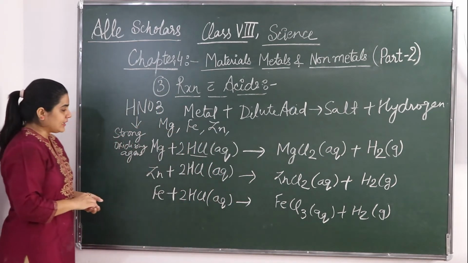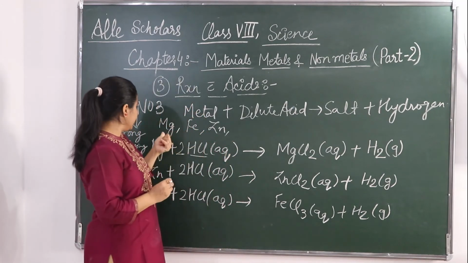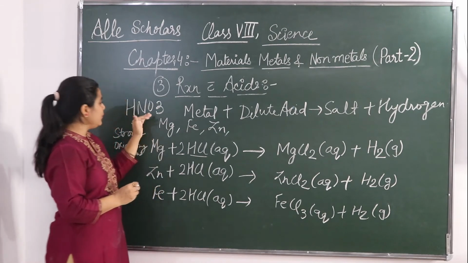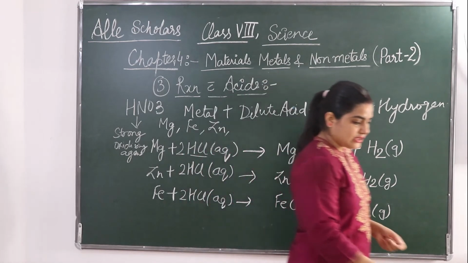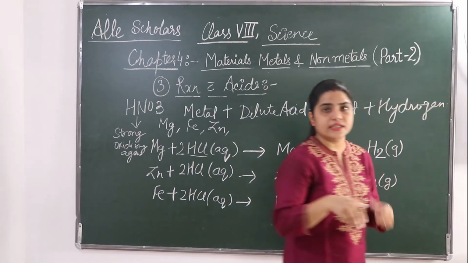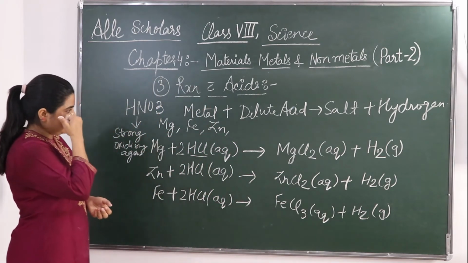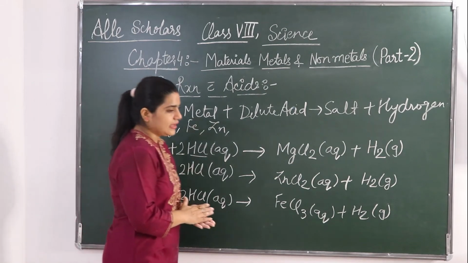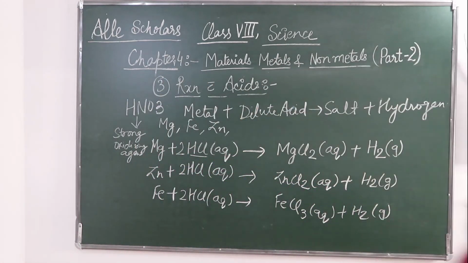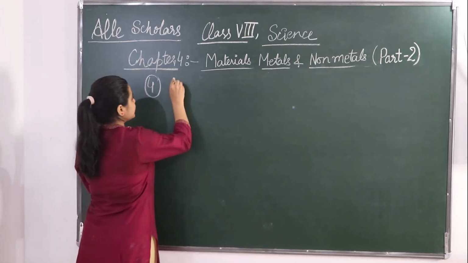So magnesium and manganese react with dilute nitric acid to evolve hydrogen gas, which is further oxidized to form water. Okay, so this was about reaction with acids. We have seen reaction with acids. Now we will see